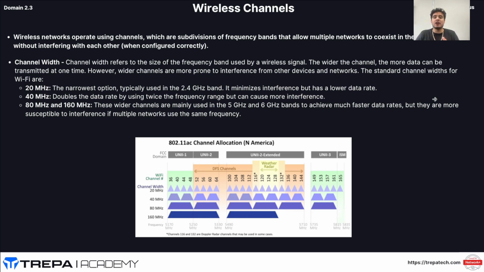And then we have 80 and 160 megahertz. These are wider channels mainly used in the 5 and 6 gigahertz bands to achieve much faster data rates, but they are much more susceptible to interference. And that's because you need more power, and they're going to attenuate a lot more easily than a 20 megahertz